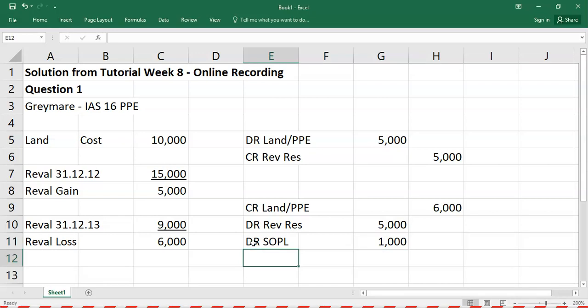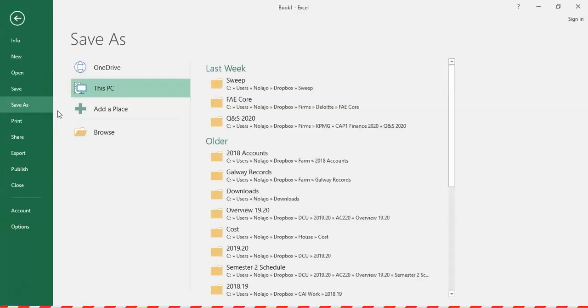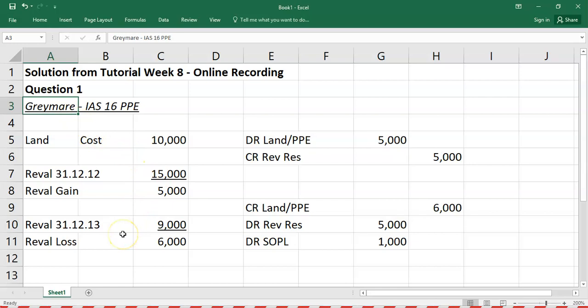So that was nice and straightforward to start off, because of course that was land, and there was no depreciation on it. But make sure you have a look now at the buildings element before we actually start it, because that's where there's depreciation involved. So the building then,